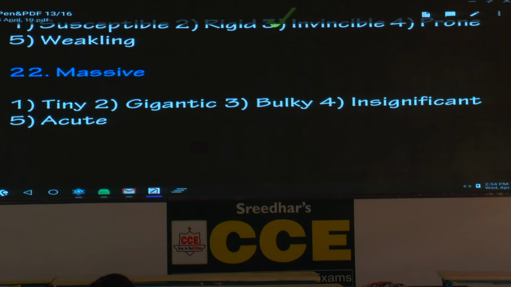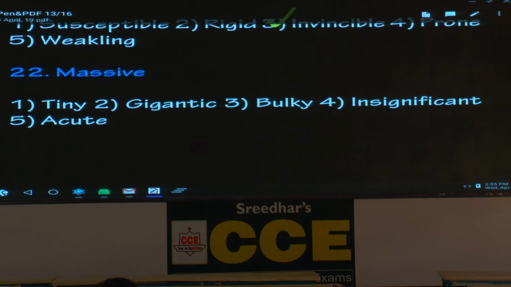On a large scale. And what is opposite? Tiny. Seems right? Hold that one. Gigantic. It means the same. Huge, enormous. Write the word enormous. Gigantic, huge, enormous, massive, colossal. Also write the word colossal. C-O-L-O-S-S-A-L, colossal.